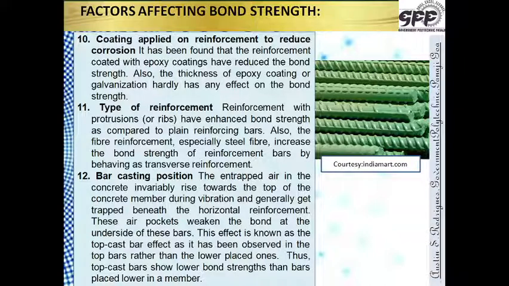So as site engineers, we need to take care whenever we are doing the vibration, whenever we are doing concreting, to see that there are no entrapped bubbles or entrapped air, or get it reduced to the minimum, because as this air bubble moves up, the bubbles get trapped below the reinforcement, and whenever the bubble gets trapped below the reinforcement, it is disastrous for bond because bond gets drastically reduced. So these are the 12 factors which affect the bond. Please remember these are very important for the site engineers to take care of on the site, as well as for the structural engineers whenever they are designing.